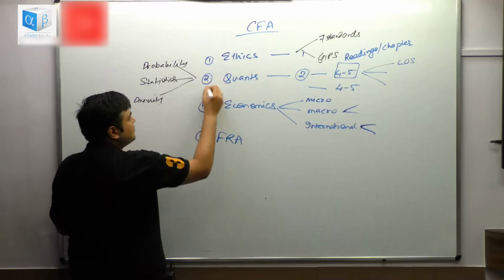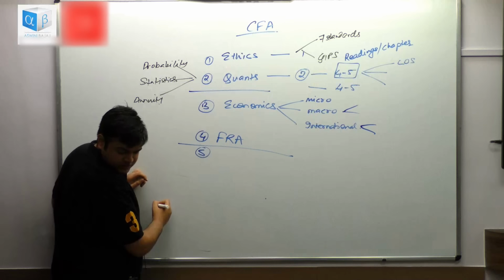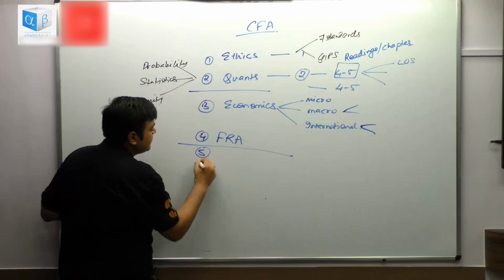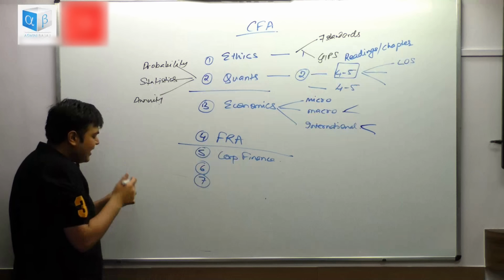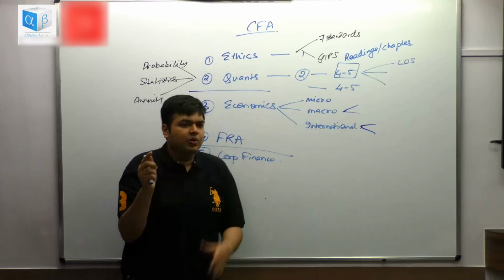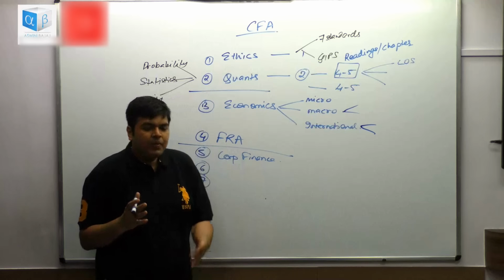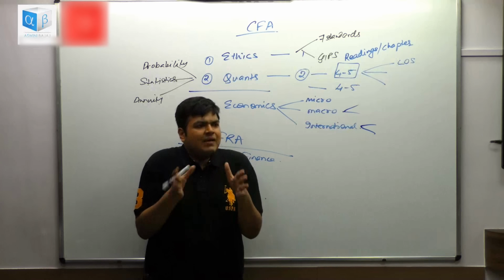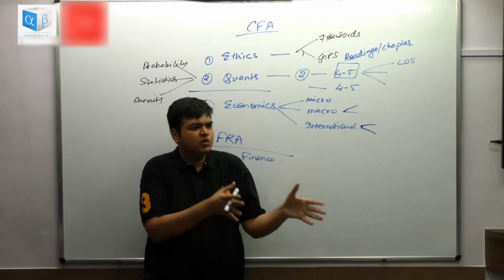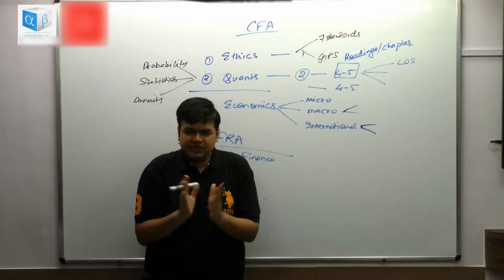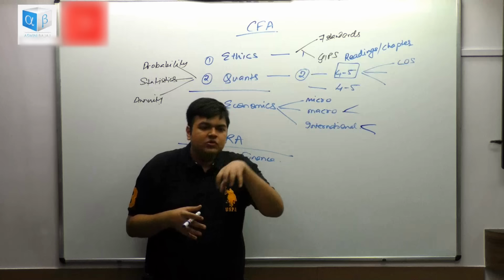In the next book, so this is one book, this is book 2. In book 3, we have subjects 5, 6 and 7. The first we have is corporate finance. Now when you're looking at corporate finance, I want to distinguish between the two, corporate finance and equity. When I'm looking at corporate finance, say for example, suppose I'm working in Hindustan Unilever. It is a manufacturing company. They're manufacturing soaps, Dettol and whatever, right? FMCG products. So I'm in a manufacturing company, but don't you think that company will also have its own finance